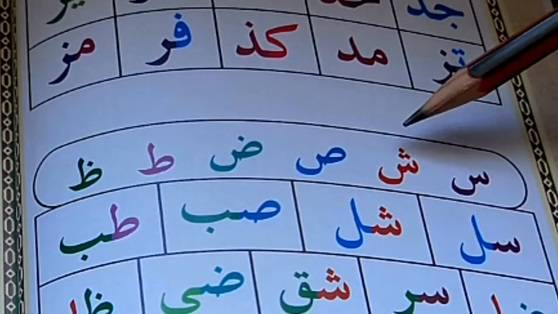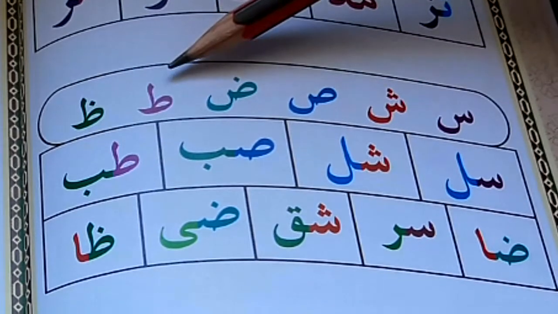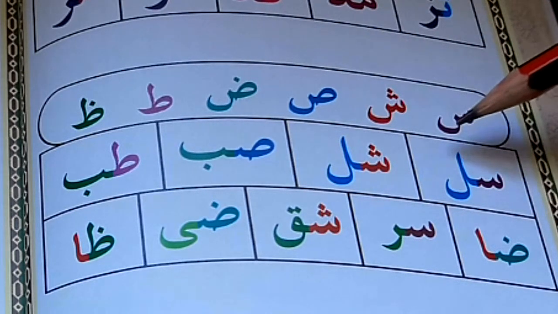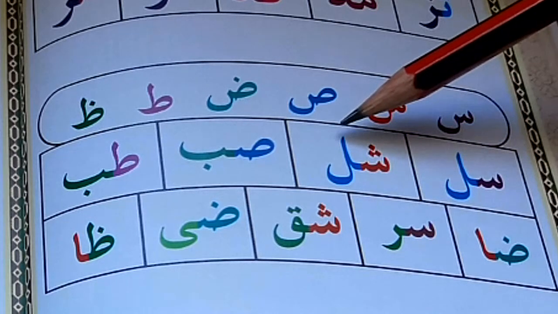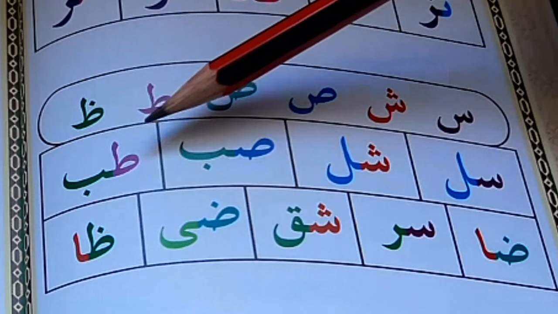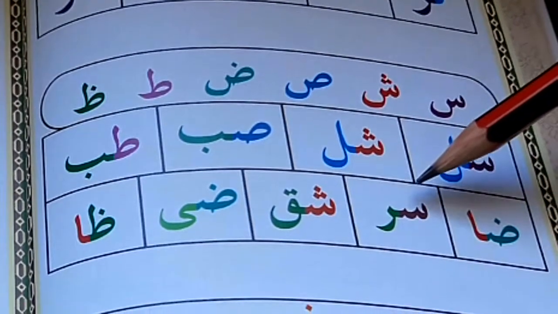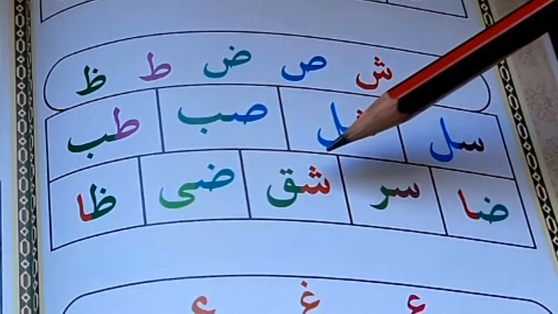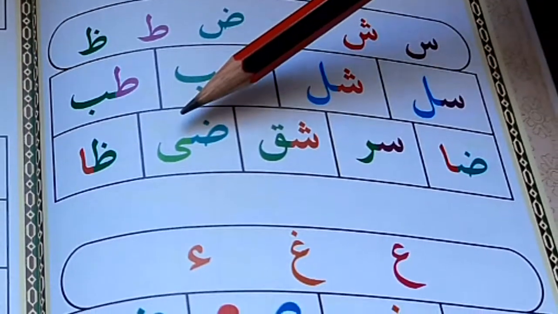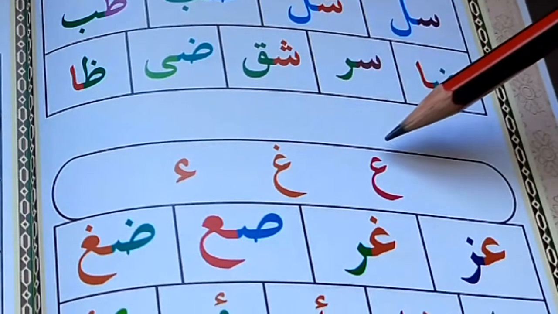Sin, shin, sod, dod, to, and tho. Sin, lam, shin, lam, sod, ba, to, ba, dod, alif, sin, ra, shin, qaf, dod, ya, dho, alif. Very good. Now we move to Ain,